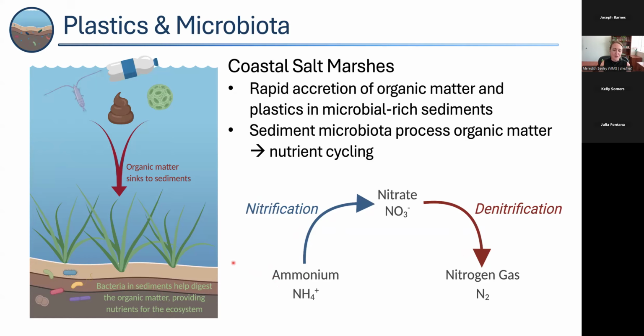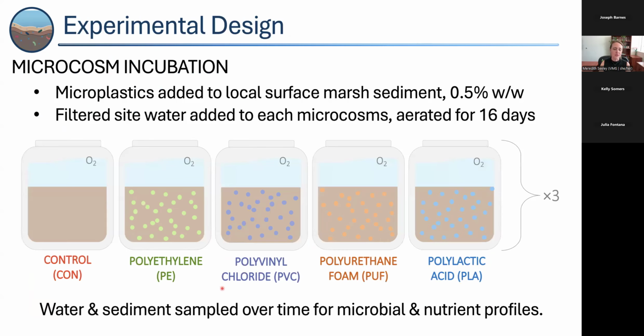An important thing that we realize when we think about these coastal salt marshes now, from empirical and modeling data, is that microplastics accumulate in these sediments over time as well. And so what does that mean for these bacteria that are living in these coastal salt marshes and doing these really important ecosystem services? To address this question, we did a microcosm incubation in the lab and amended coastal salt marsh sediment with 4 different types of microplastics, including polyethylene plastics, PVC, polyurethane foam, and then a biopolymer, polylactic acid.